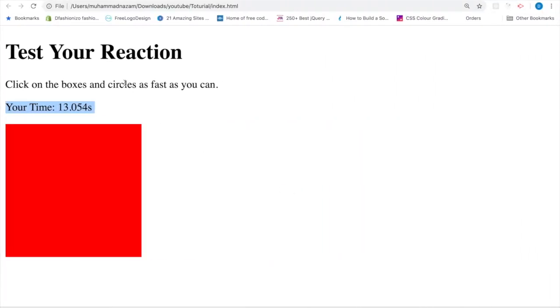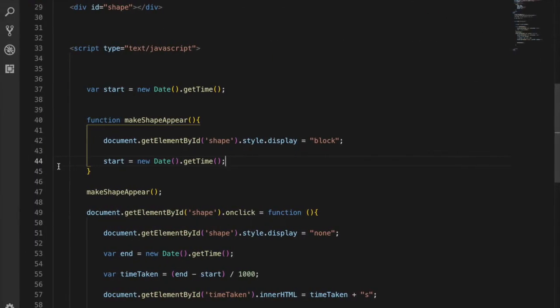So let's see now. If we now click, it will be showing a different time after every click, but it's never going to hide or something like that. So there are two ways we can do it, but the one way I'm gonna do it here,